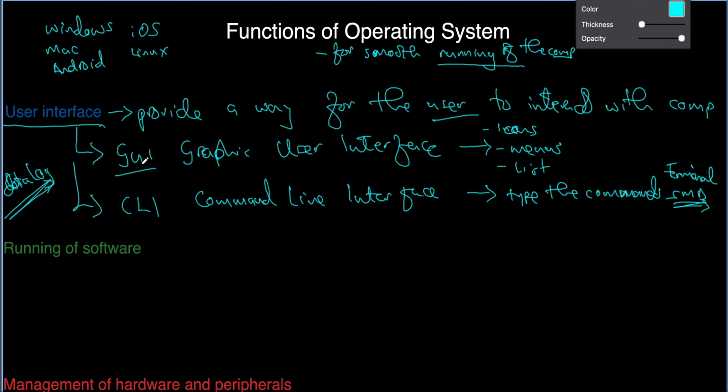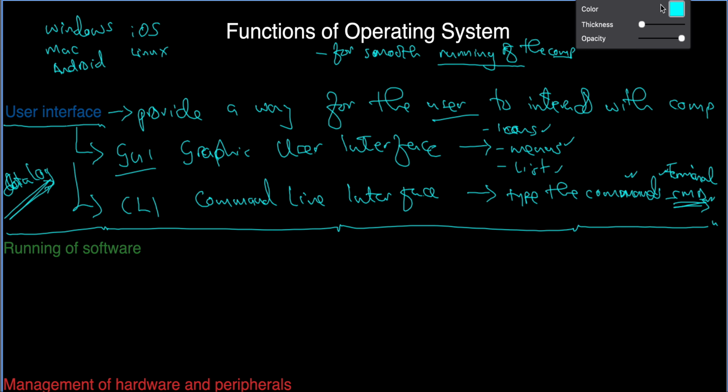But traditionally, we have GUI, which is graphic user interface, whereby we are making use of icons, menus, and lists. Command line interface, where we are typing the command of what you want the computer to do. If you know how to use the terminal or the CMD, you are using command line interface. But if you are using the mouse or the touchpad to click what you want to use, view, or do, that's the part of you using graphic user interface. It's basically one of the operations provided by the